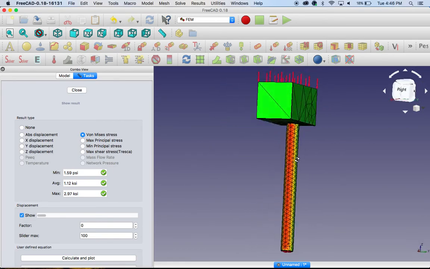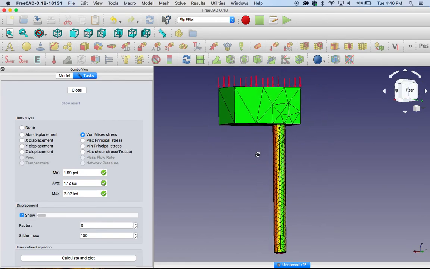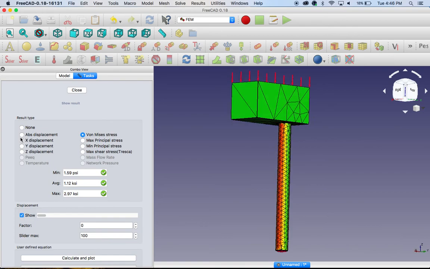All right, so this will give you the ability to analyze your objects, determine things like the stress, determine the displacement of it. You can see an exaggerated view, so you have an idea of how it's going to deform. And it's pretty powerful anytime